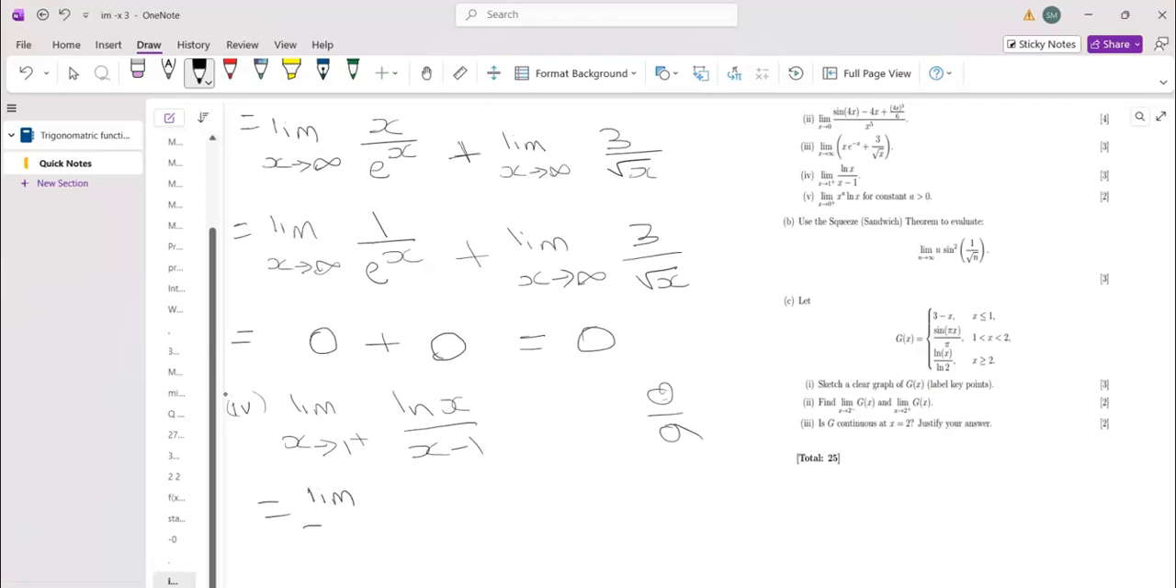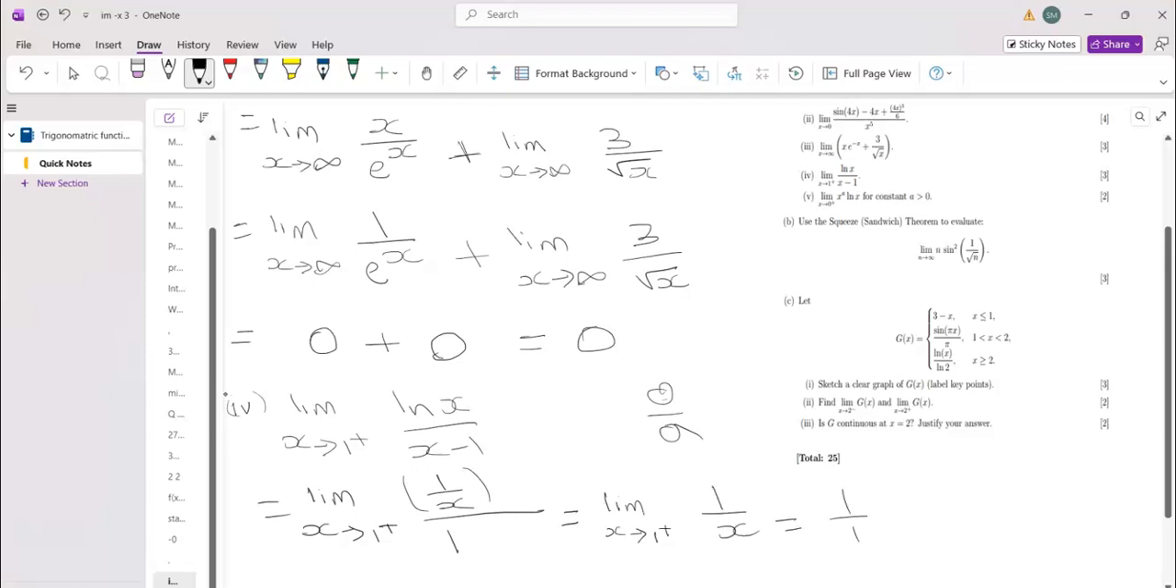So we're going to have the limit as x approaches 1 from the positive side. If we do the differentiation of ln of x, it's going to give us 1 over x, right, divided by the differentiation of x minus 1, which is just 1, since the differentiation of 1 is 0. So now we're going to have the limit as x approaches 1 from the positive side of 1 over x, which is just going to be 1 over 1,